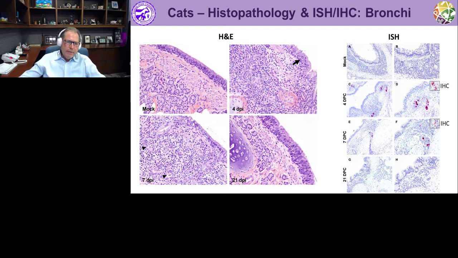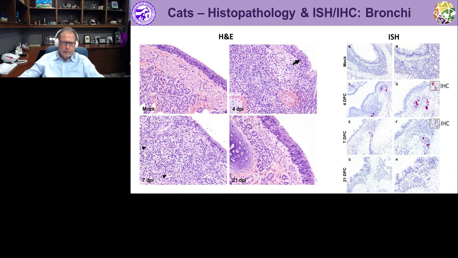For histopathology and IHC, we mainly see on day 4 and day 7 inflammation of submucosal glands, as shown here. We don't see anything obvious in the mock-infected animals, which have very normal submucosal glands, and the same is true on day 21. And when we look on the right side here with in situ hybridization, we see on day 4 and day 7 positive reactivity in these submucosal gland areas